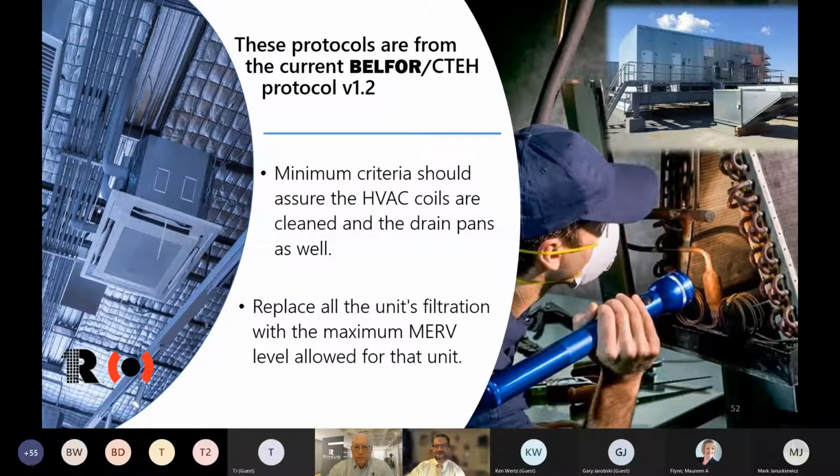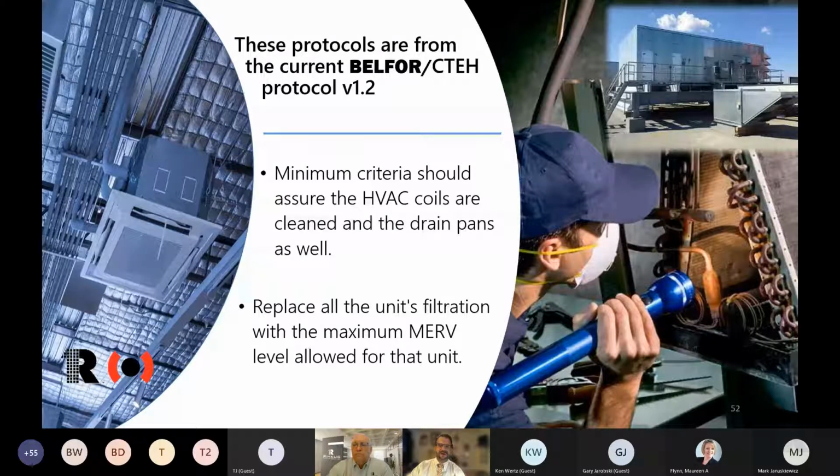And finally, even though this is Belfor, I represent a subsidiary of Belfor, which is called Dux, and basically we spend our life restoring and cleaning mechanical systems and then upgrading the filtration and trying to get systems running cleaner with higher MERV filtration. I know many of you have read about increasing the filters inside these units. I am just getting access to a brand new type of filter that is very high level with very low pressure drop, which is close to HEPA,